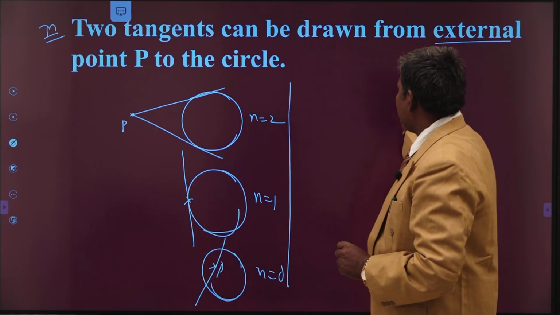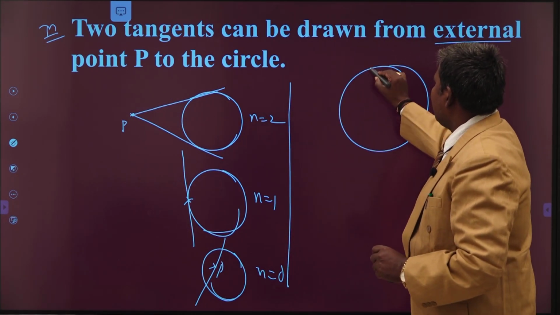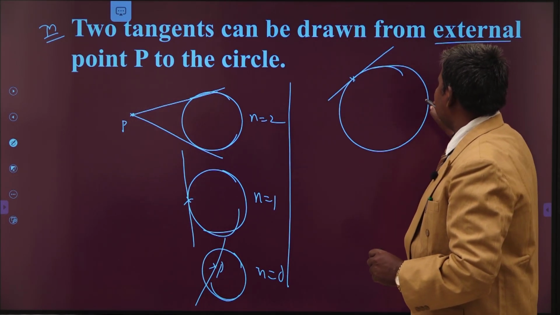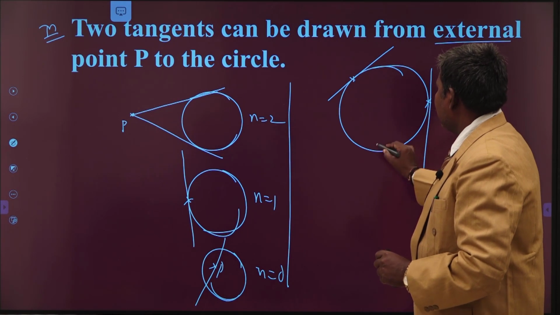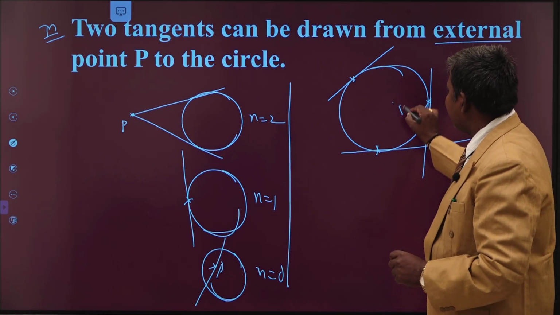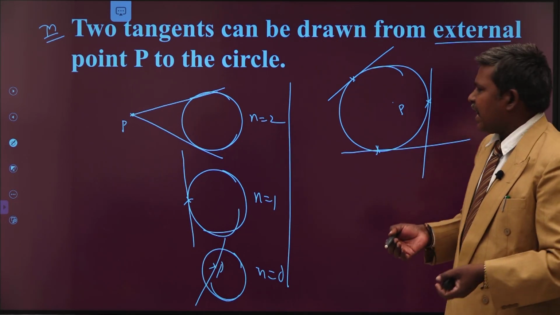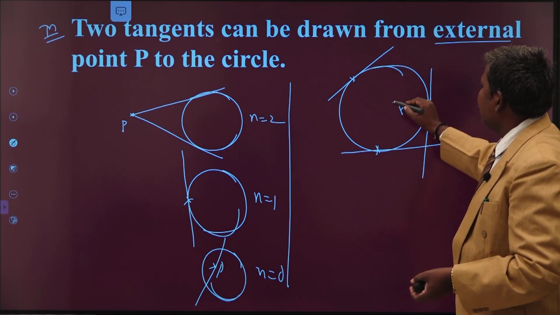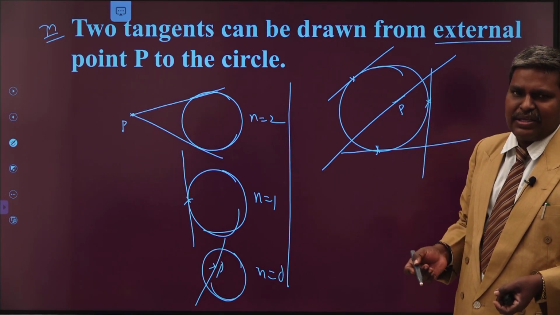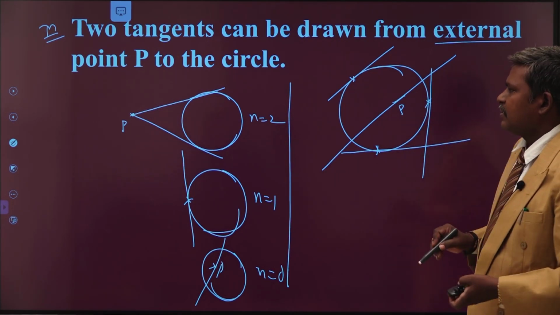Understand? So, suppose a circle is there, with so many points on the circumference of the circle. At any point you can draw a tangent in this manner. This is the tangent. If you take the point here, this is the tangent. Now my question is, your point is inside of the circle. There is no tangent through this point to the circle. If you draw any line here, it intersects the circle at 2 points. That is not a tangent to this curve. That is what I am saying here.